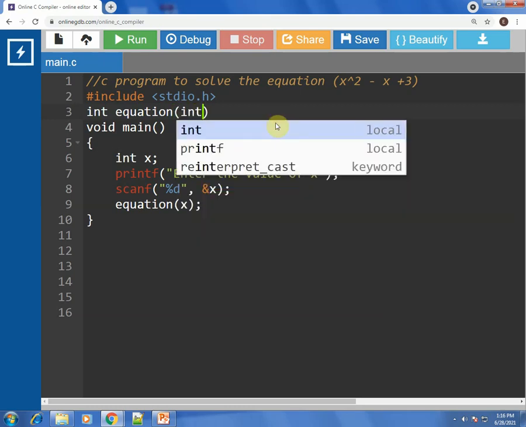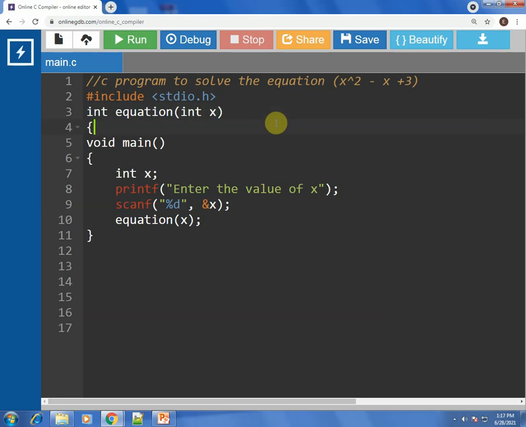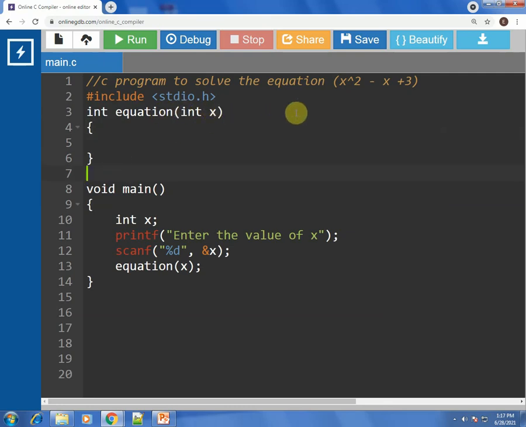There is only one parameter, the value of x, and this is the body of the function. This is the function definition. I'm not writing a declaration; I'm directly writing the function definition, which involves the function body.